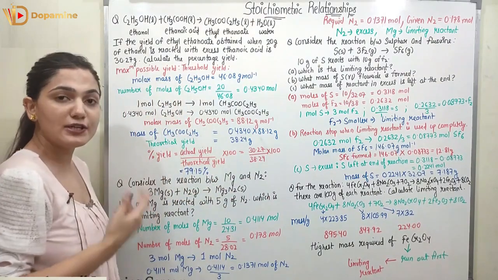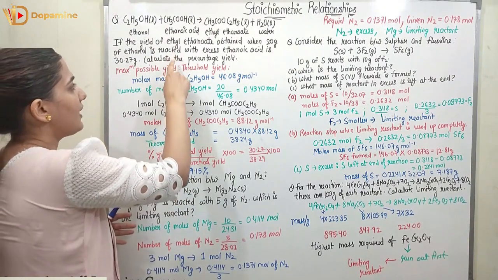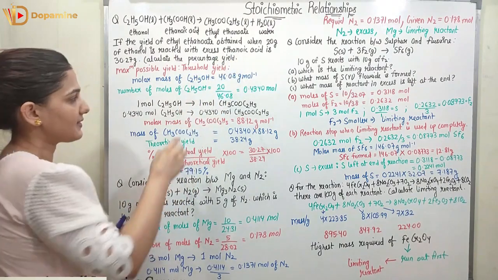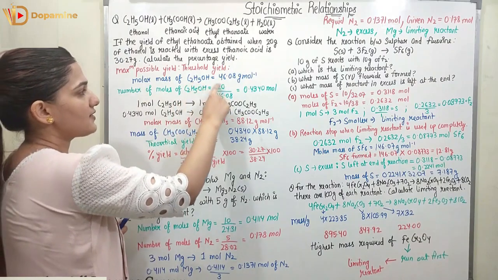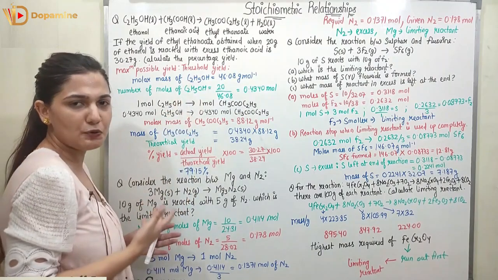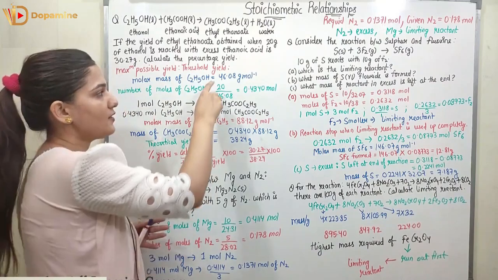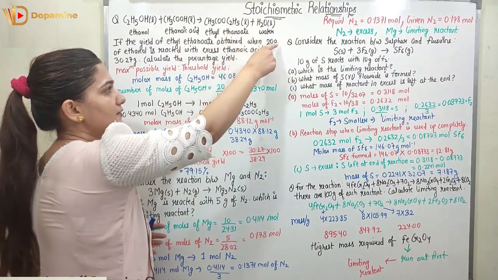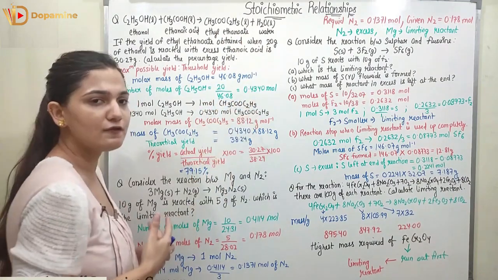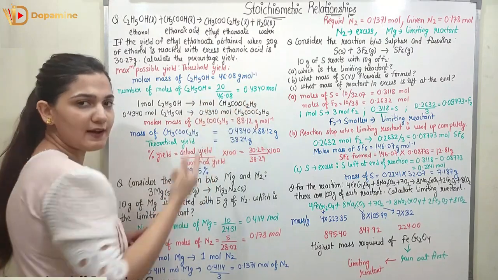First of all, we need to know the limiting reactant which is forming the output. Here you can see C2H5OH is the limiting reactant because the ethanoic acid is present in excess. The molar mass of C2H5OH is 46.08. We can calculate it, right? Because the molar mass of C, H and O is known. The number of moles of C2H5OH can also be computed because the mass of the C2H5OH is given, which is 20 grams. So 20 divided by the molar mass 46.08 gives me 0.4340 mole, and this is how we get the number of moles of C2H5OH.